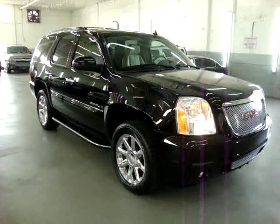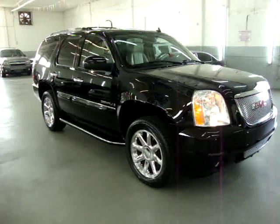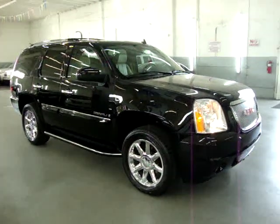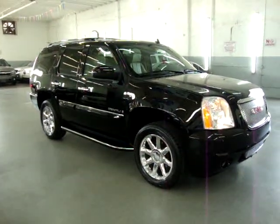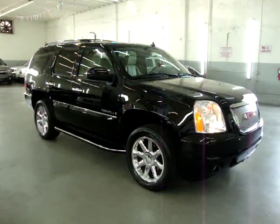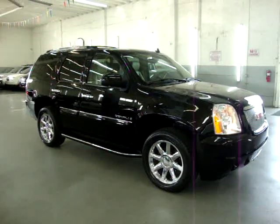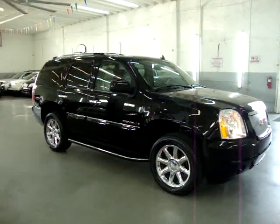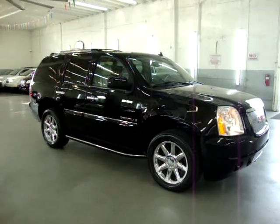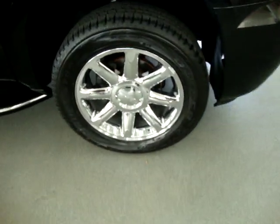Up for sale now at VEHICLEMAX, we have a beautiful 2007 Yukon Denali, short wheelbase, all-wheel drive. Short wheelbase means it's not the XL, the long one, it's the one that's short in the back. Black on the outside with tan leather interior, loaded up with factory navigation, factory powered moonroof, factory DVD player, parking sensors, got the 20-inch chrome wheels with almost brand new